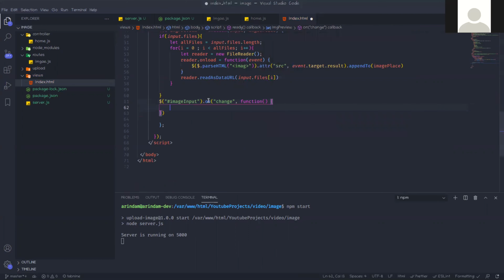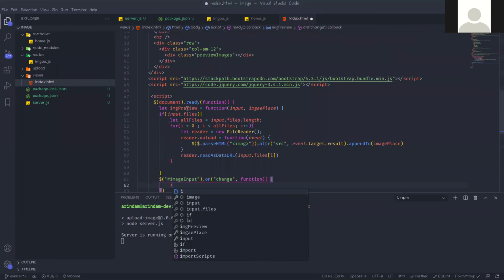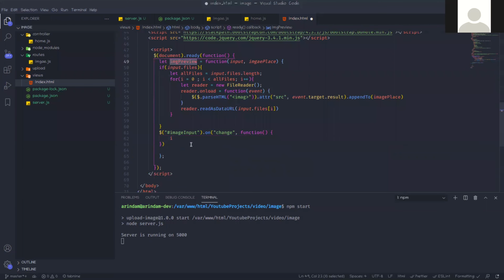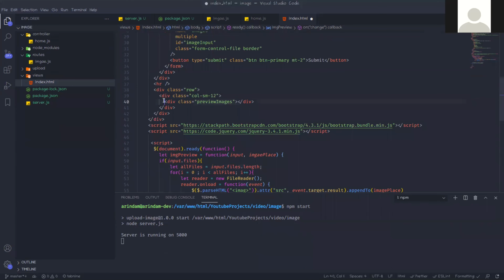In this function we will call that imagePreview function, and we are passing two variables. The first is this, meaning all the files, and the other is that div, its class actually: div.preview-images. That is the class, you can see we are showing it here.